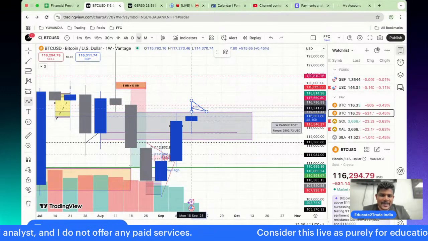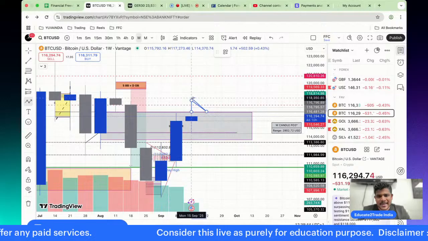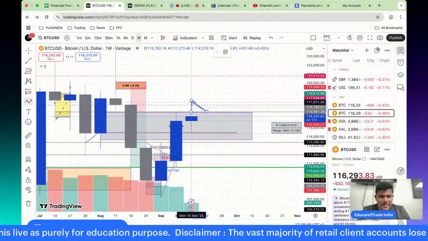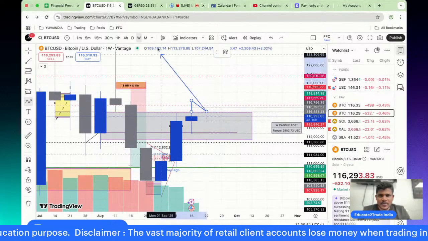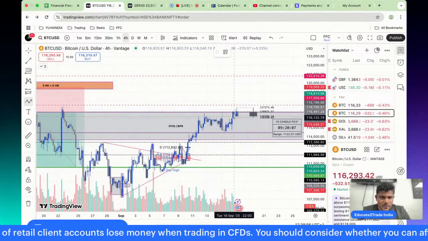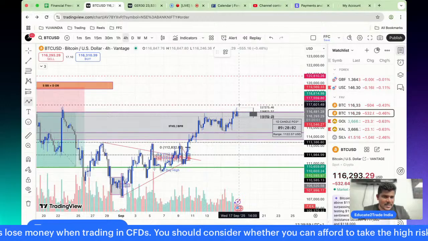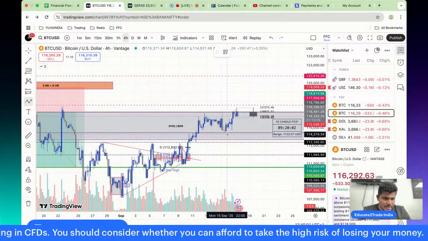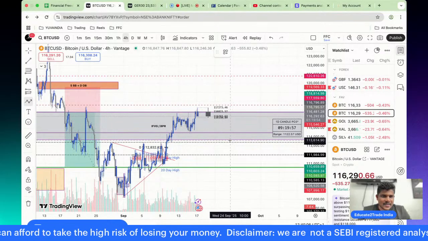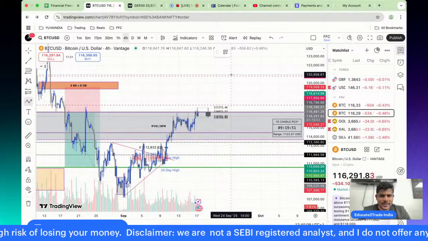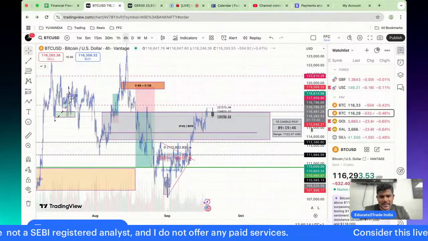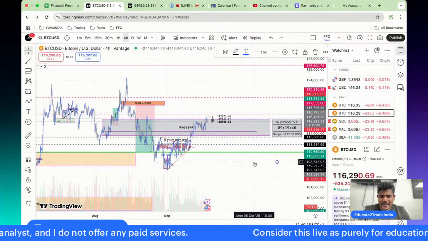So violating this zone would drag many people into 118k, and then all the weak players might get stopped out. If you go back in time and check the internal liquidity, more people will go long if the market is able to sustain this level, but the liquidity area stays within this range. I would be expecting a retest in that zone before traveling to 120. If we are wrong, what if we are right? Then we could see a massive